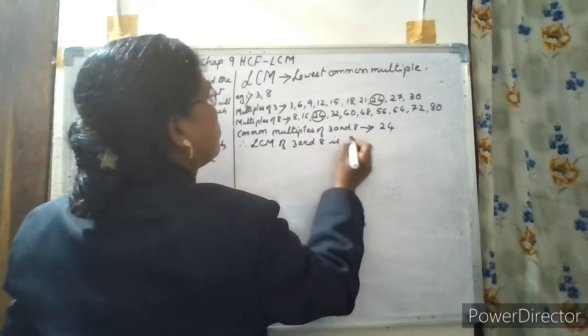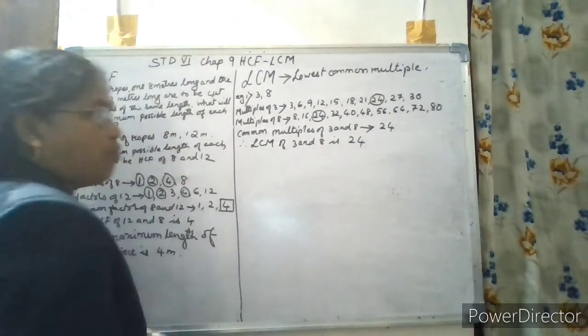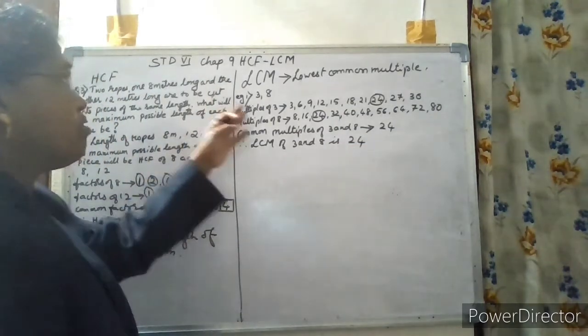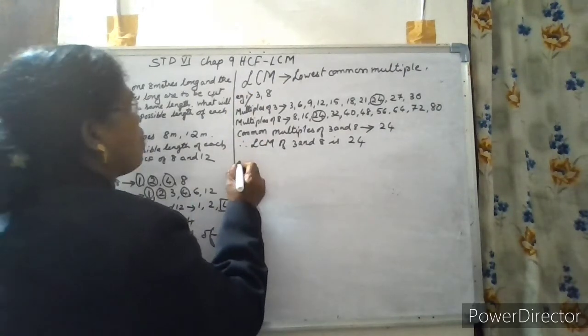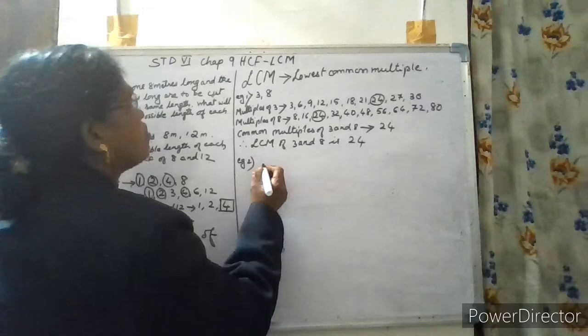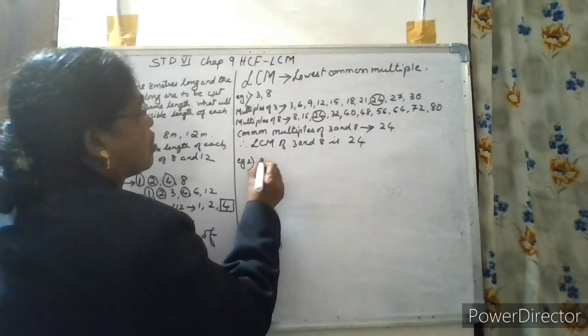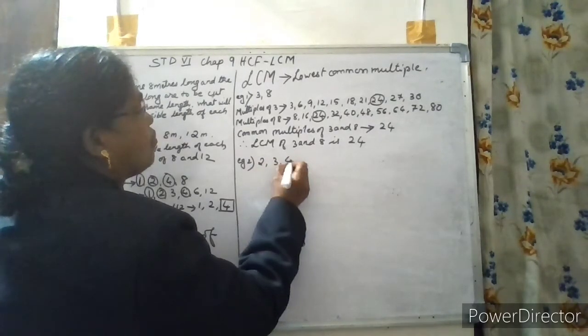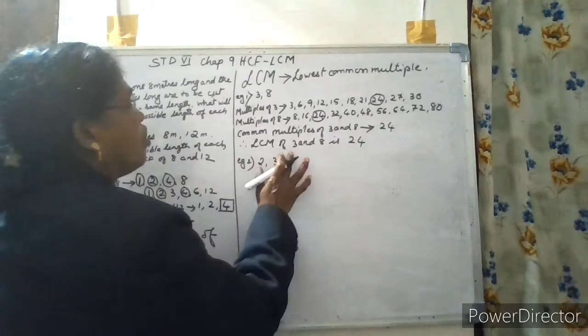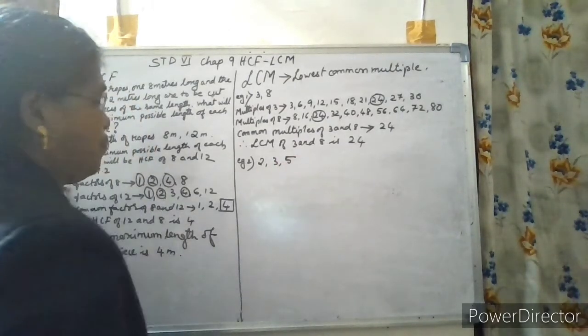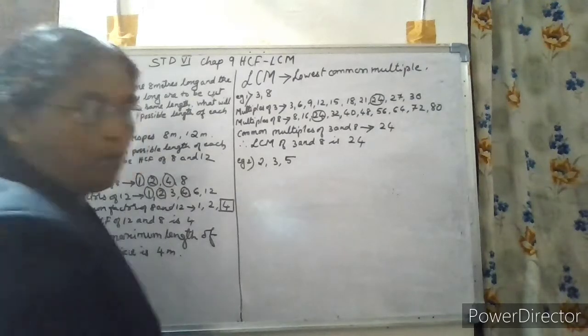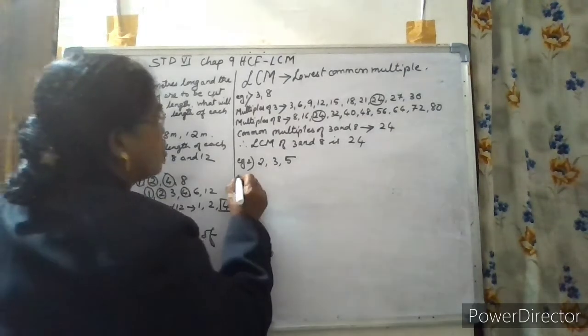In this way we find out. We can find out LCM for more than 2 numbers also. So let us find out example 2. Suppose 2, 3 and 5. You have to find out the LCM of this. So, you write multiples of